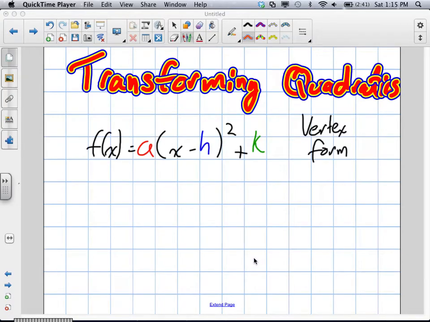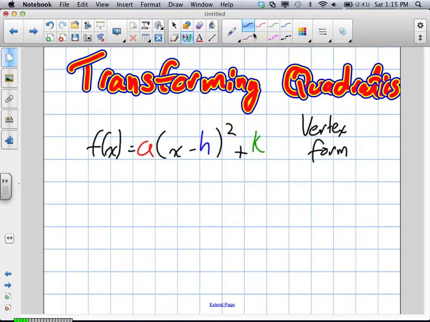All right, our next question we're going to focus on transforming a quadratic function. Now this is vertex form. Do you know why they call this vertex form? Because something about it. What ends up happening is the value of h and the value of k